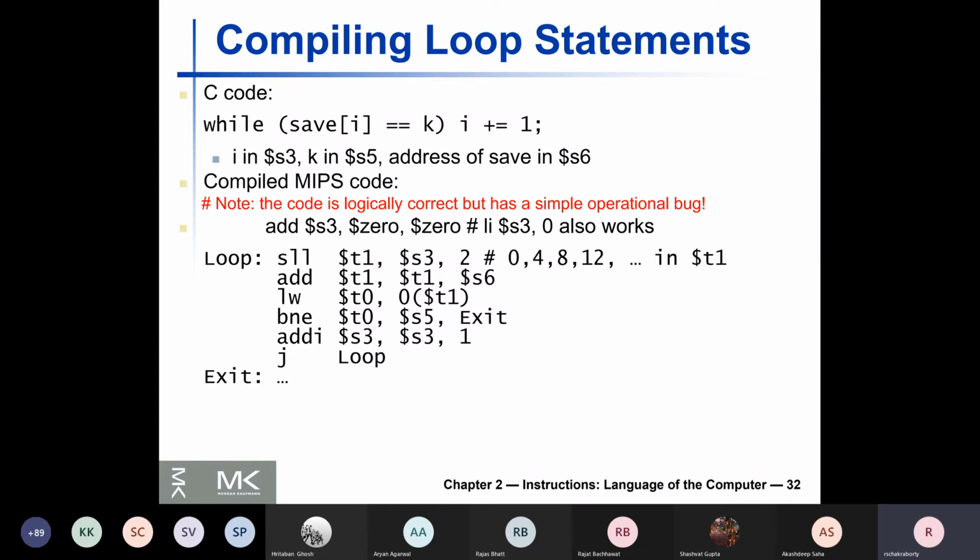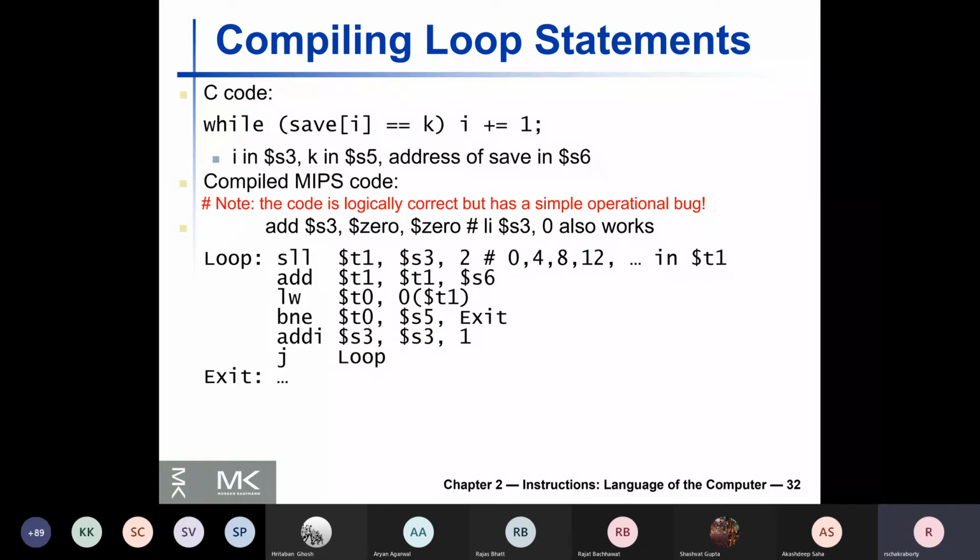First, i has to be initialized to 0. So what you do is you initialize it to 0 by add $s3, $0, $0. There is a pseudo instruction which the assembler supports and converts directly to an equivalent instruction or series of instructions, like the one called li, load immediate.